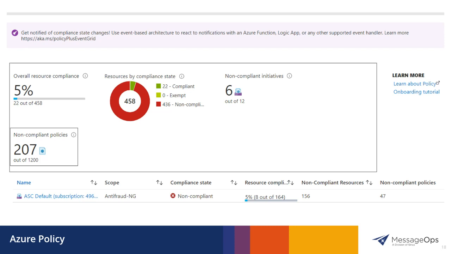Yeah, and we have a lot of experience working with customers on this for sure. And then Chris, this is talking a little bit about the policies. Absolutely. This is just the homepage for Azure Policies. Again, there are many policies that we can help develop. At the bottom, you'll see ASC default, which stands for Azure Security Center. The default policies that they throw in. It's a really good way to get a stranglehold on what's going on inside of your Azure environment, making sure that we're not getting any data leakage.